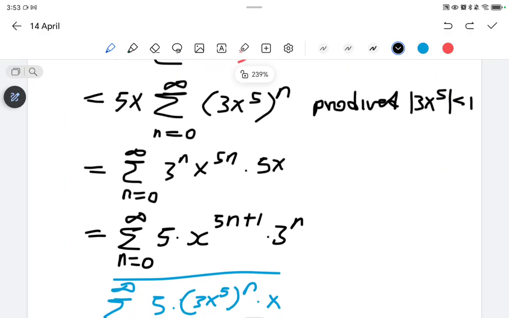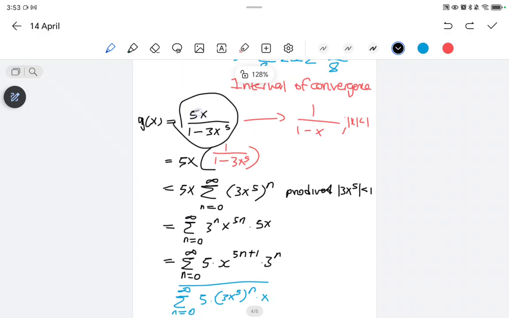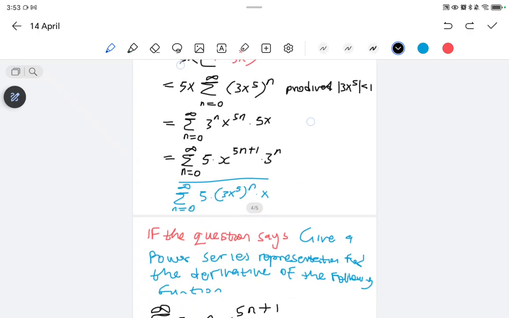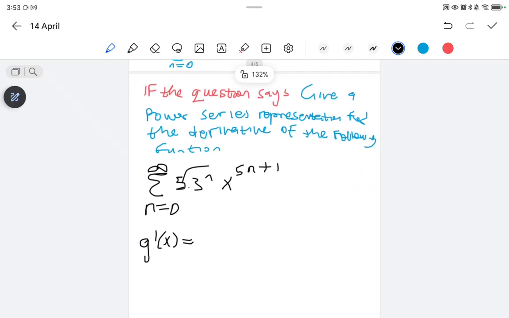But we don't want to derive it, so you can easily find the representation of this, and then you derive the representation. So this will be equal to the derivative